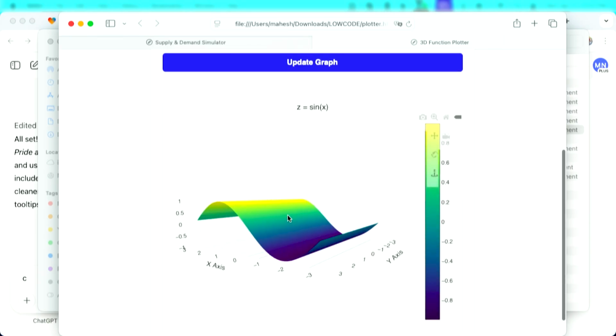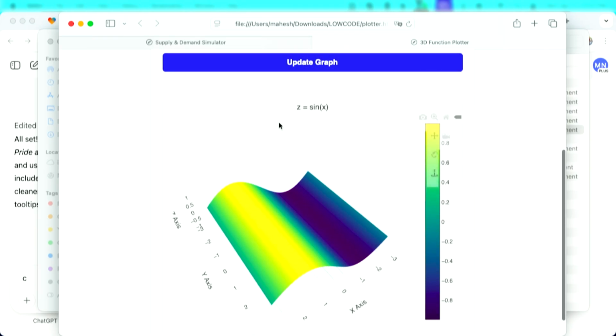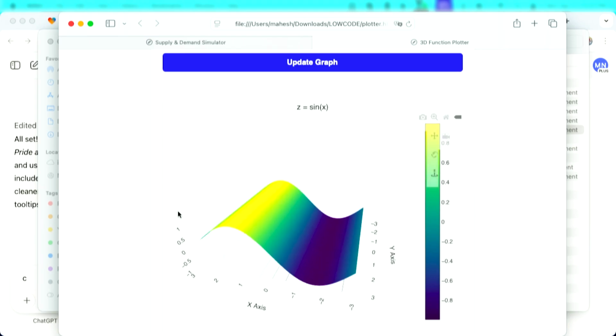And there it is. Wow. Right there. So it's just a single file, and it's a great way to just package it up and